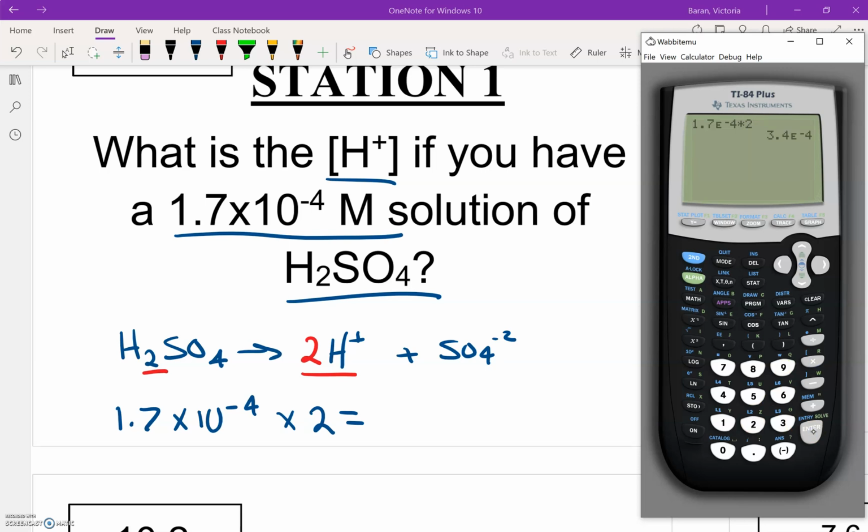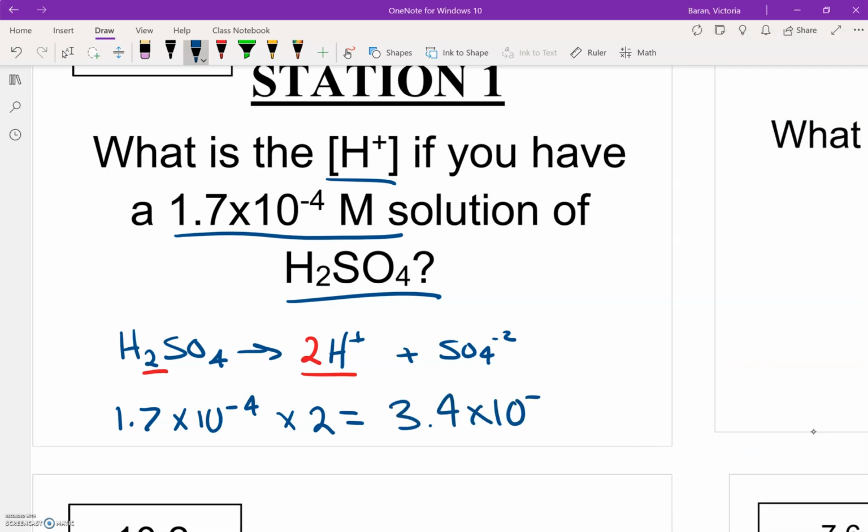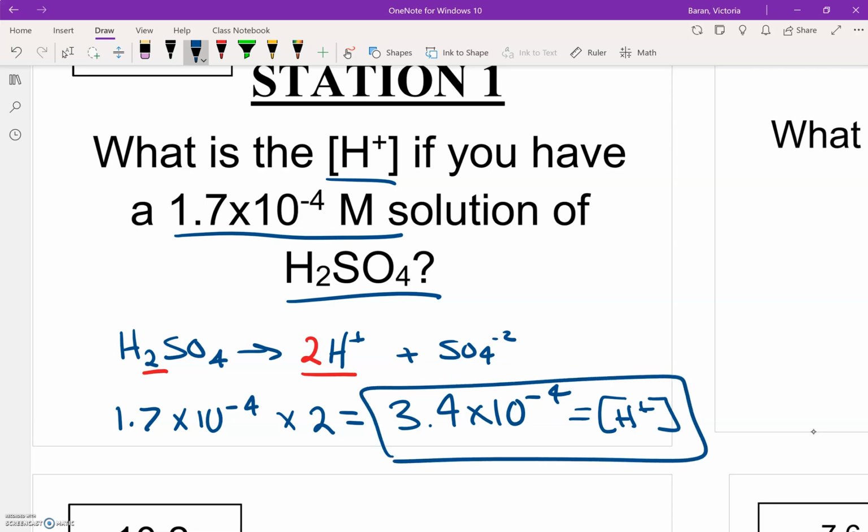So we're going to get 3.4 times 10 to the negative fourth, and that is our molarity, but this is also what we were looking for, which is the H+ concentration, which technically is the same thing as molarity because we're talking about big M, which is moles over liters, which is concentration. And again, you were trying to find the H+ concentration, so that's why you had to take this into account. And since this was an acid that you had to dissociate, you were already finding the H+